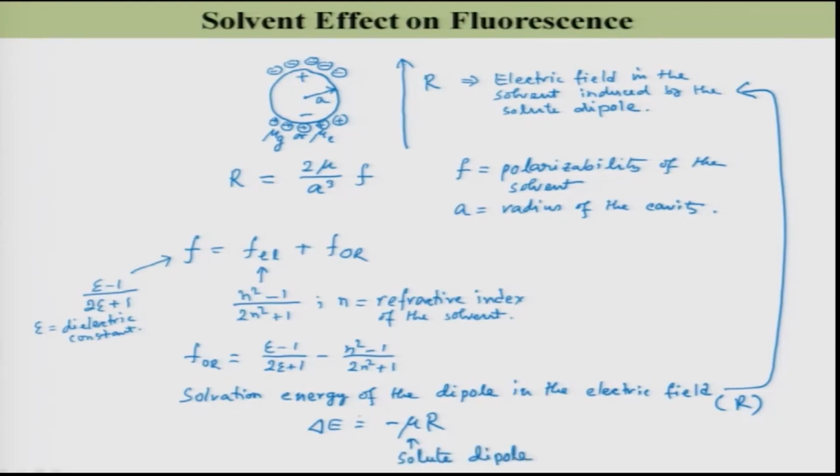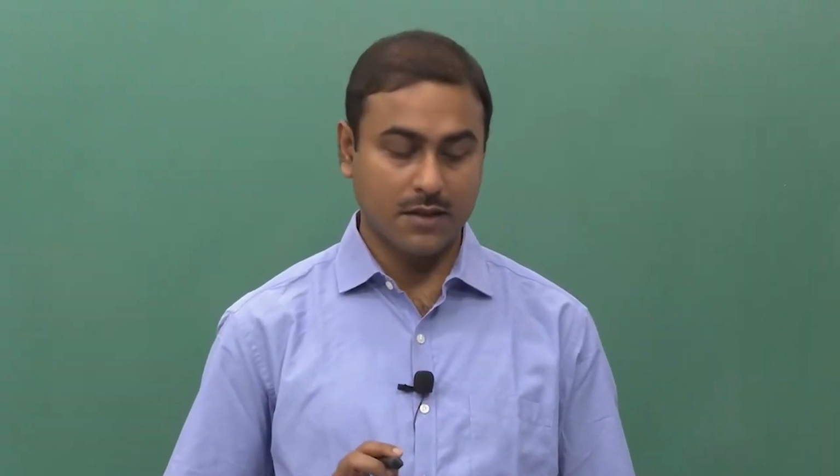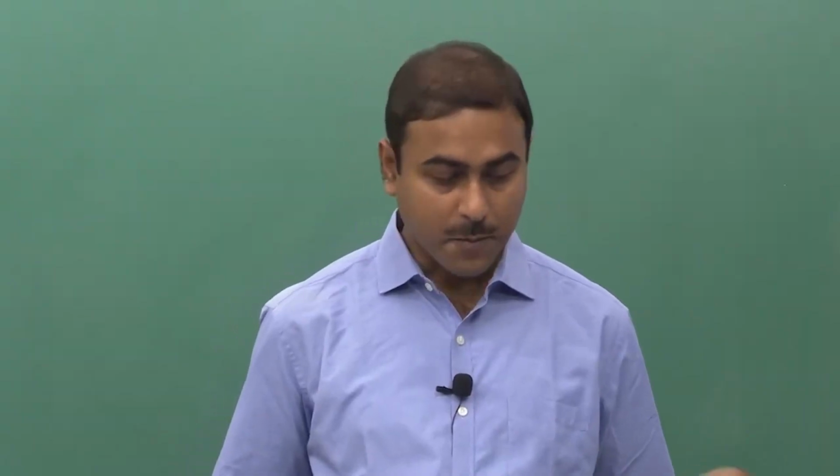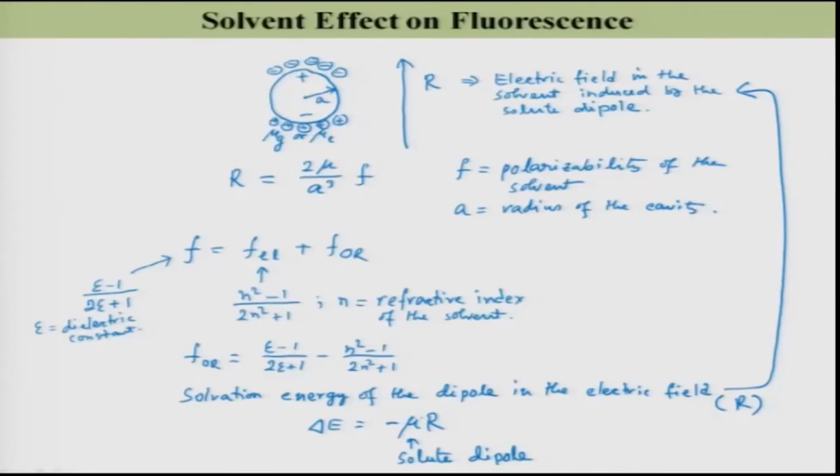Because it has created the electric field in the solvent, that R, the reaction field, is going to stabilize that solute, right. So the delta E will be minus mu into R, right. Okay. So now let us see, if I have a solute whose energy is Eg vapor in the ground